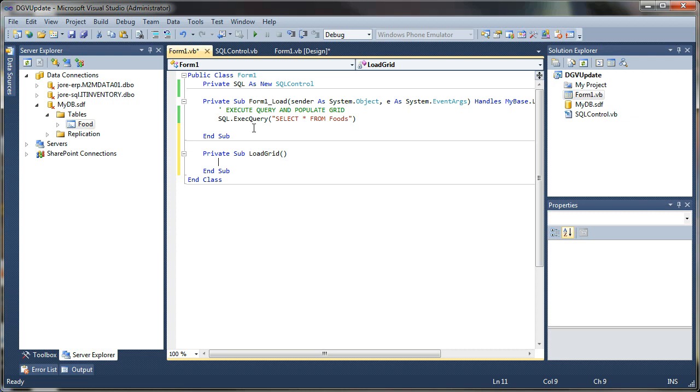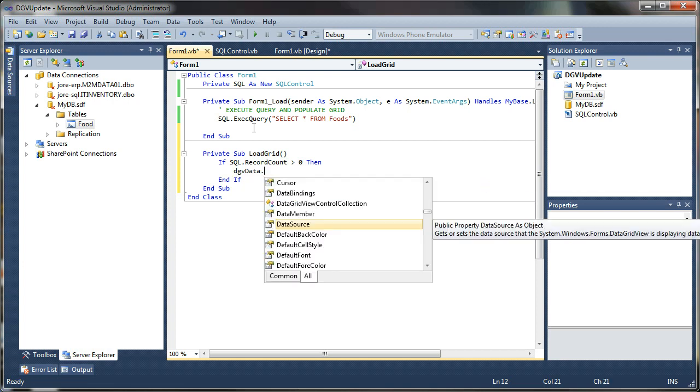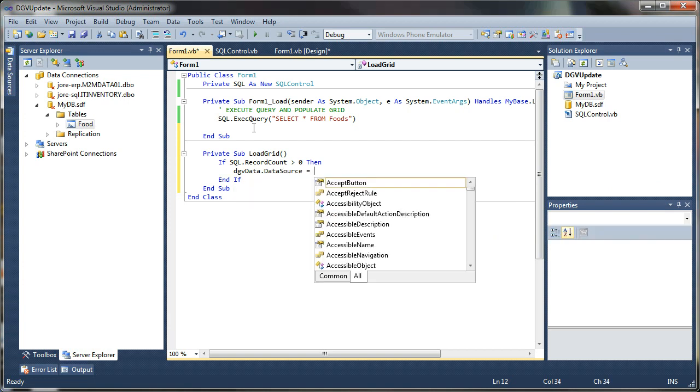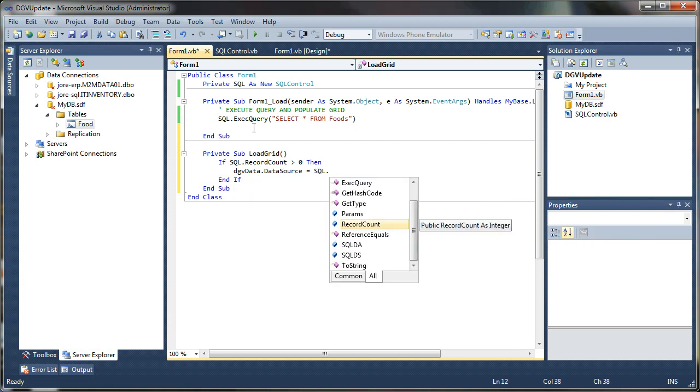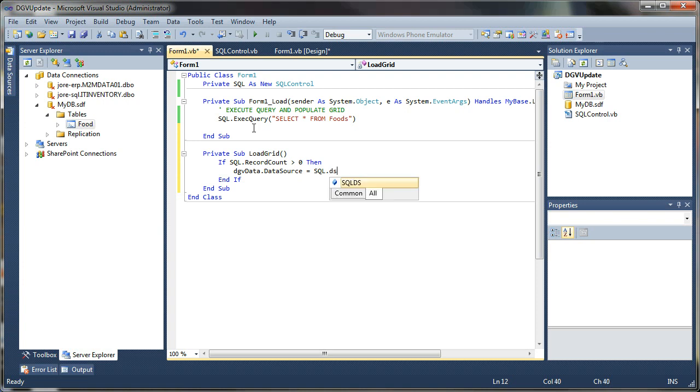And here we'll say if SQL.recordCount is greater than 0, then take our DataGridView data source equals SQL dot DataSet, SQL DataSet dot tables, and we take the first table in that array generally. Not sure of any circumstances where you'd have more than one table in there, but specify your first table, and